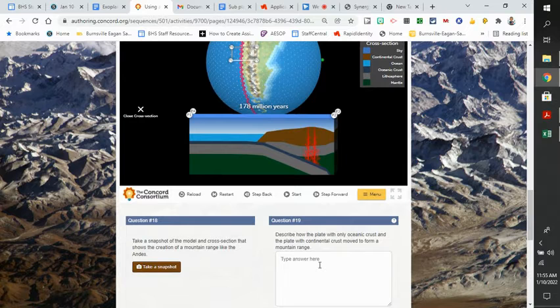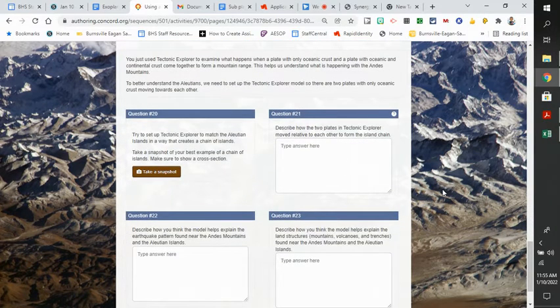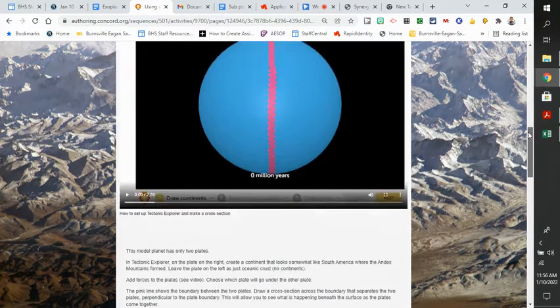Describe how the plate with only oceanic crust and the plate with continental crust moved to form a mountain range. So what happened there? And now set it up to match the Aleutian Islands in a way that creates a chain of islands. Now the Aleutian Islands, you wouldn't have any continents drawn. They're just 2 oceanic plates. Okay, so if I were to do that, I would